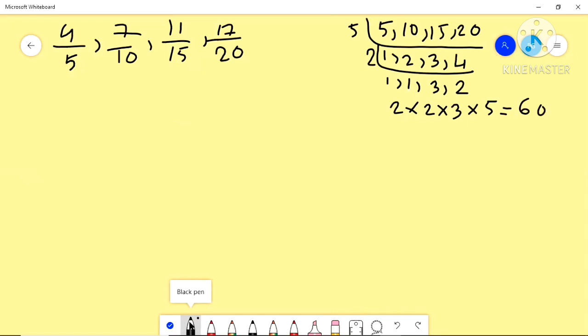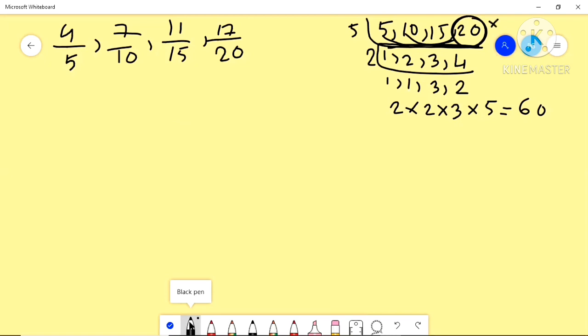See, one more LCM trick is there. Whenever you get the same type of number, see the largest number you take it. The 20 is the largest number. Okay, now you see how I got 60. See, 20 largest, then you see with 5 it can be divided, with 10 it can be divided, but with 15 you can't divide. So you have to make 20 as such so that we can divide with 15.